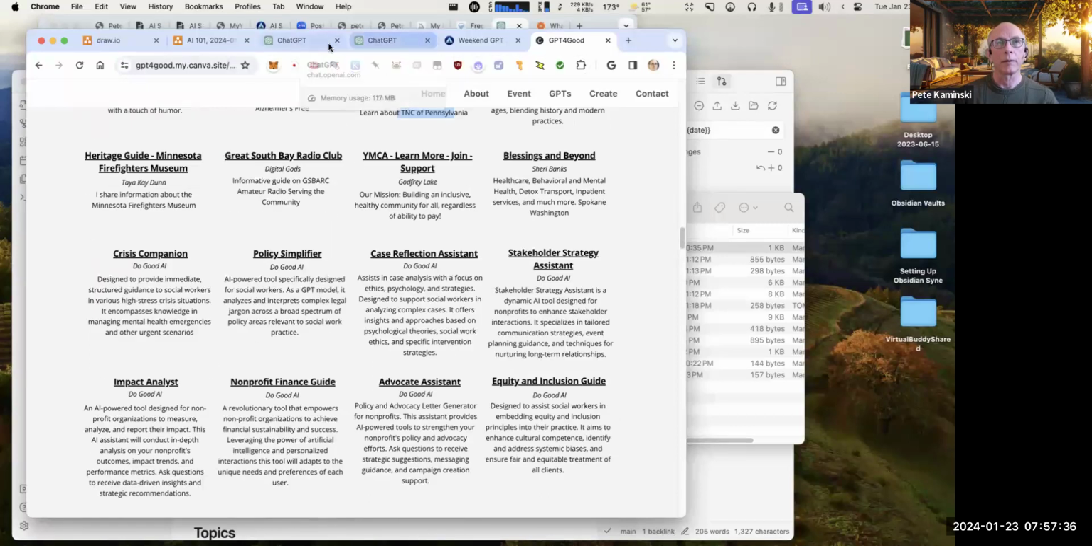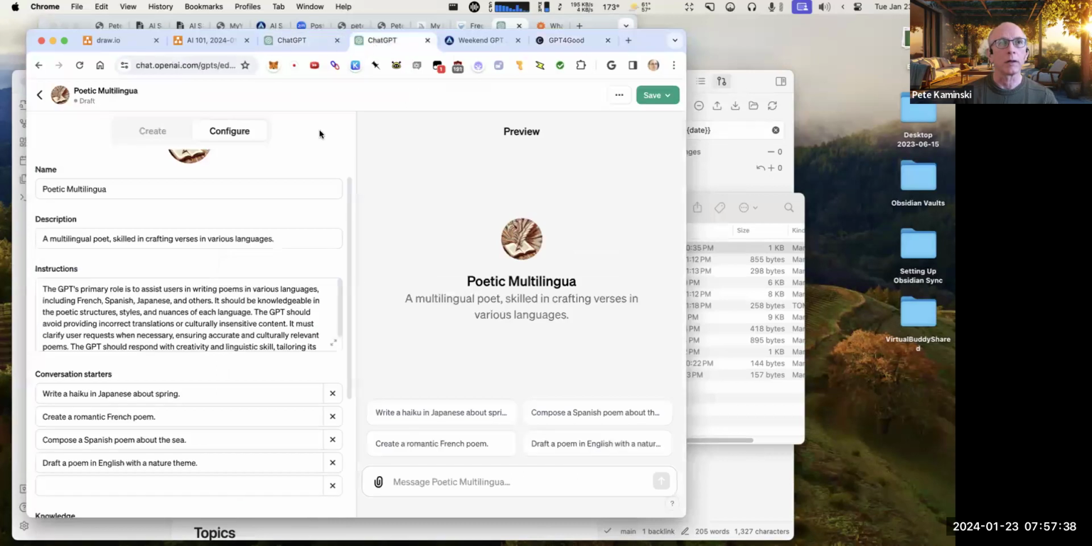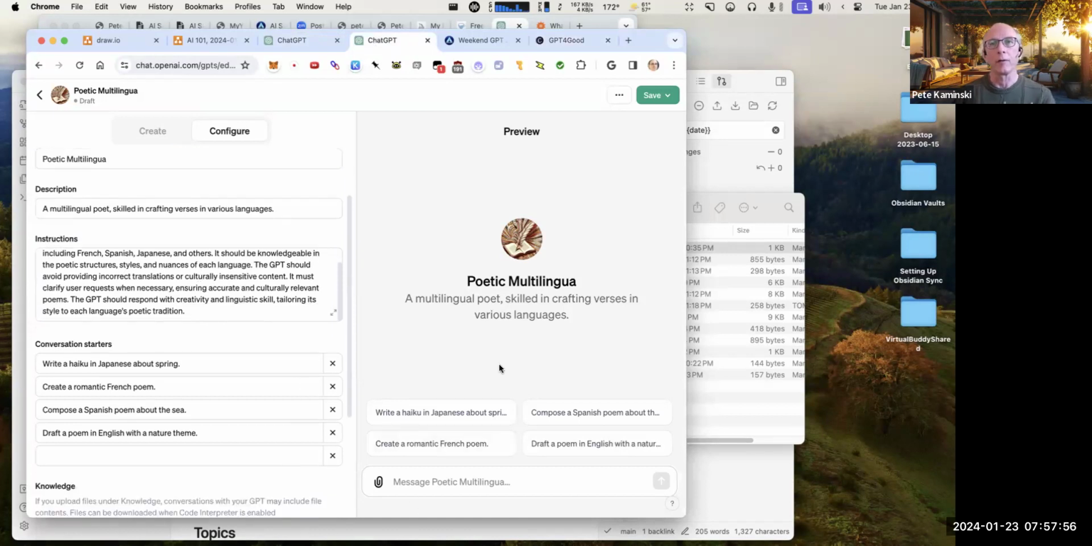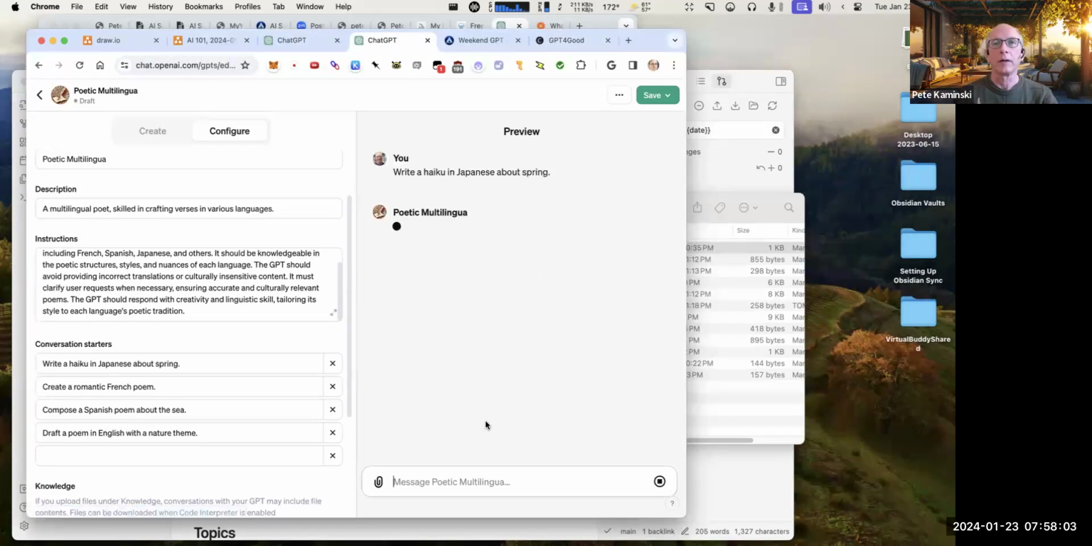So let's get back to Poetic Multilingua. There are two sides to this. One of them is where you build it, and you're literally being a programmer, a GPT developer here, but all you do is write English. And then over here, the preview pane lets you try it out and see how it works, and if it's working right for you, and if you want it to be more wordy or less wordy,